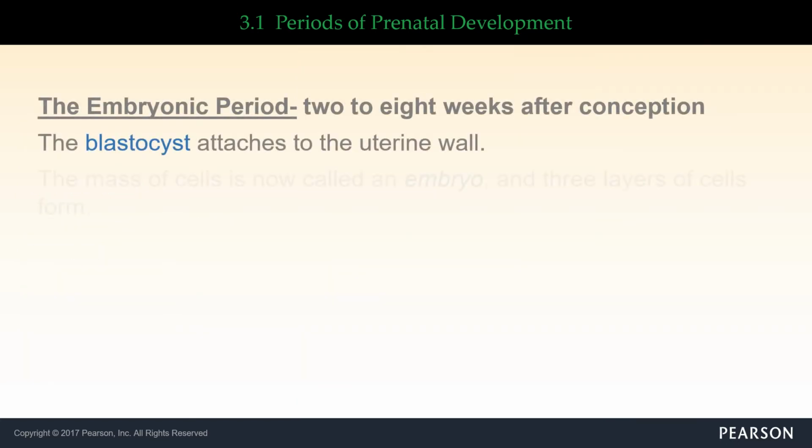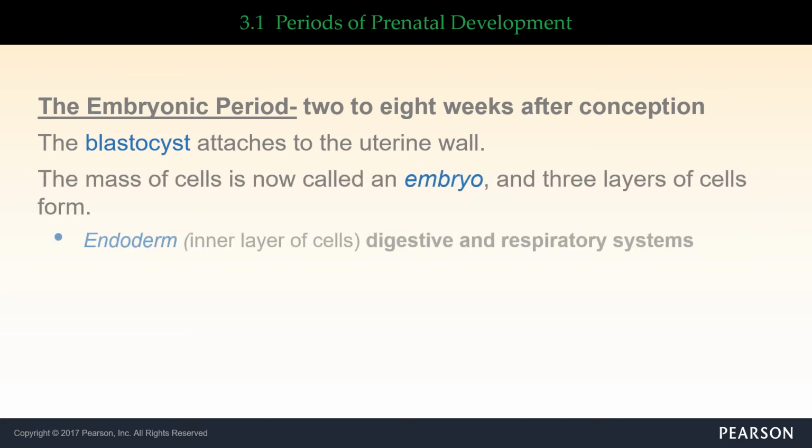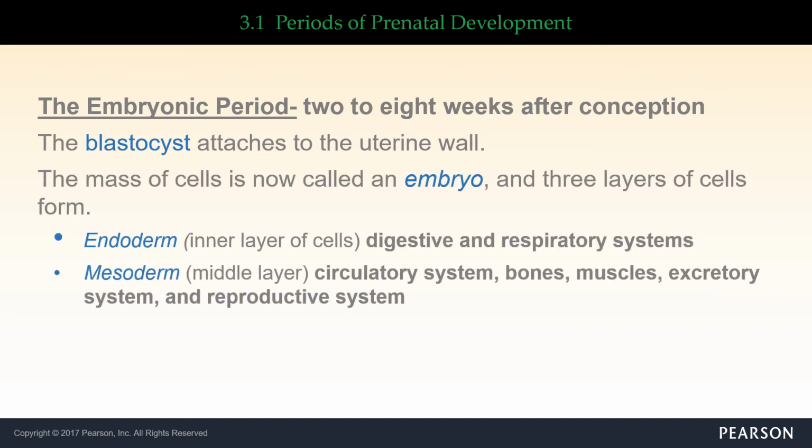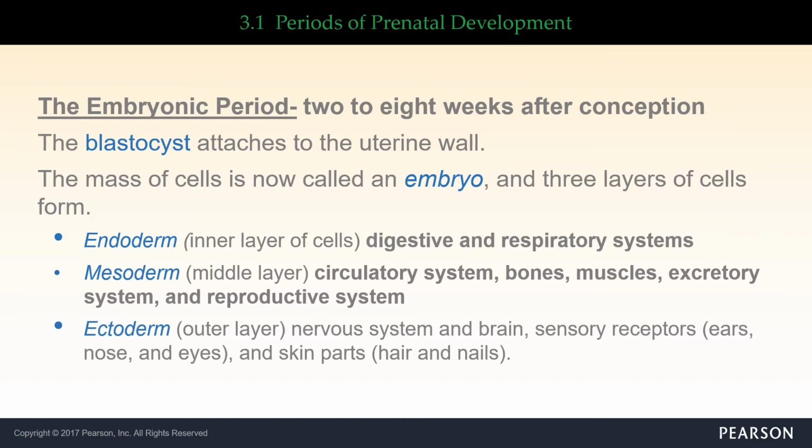So the embryonic period begins at 2 weeks. So the germinal period lasts for 2 weeks. At the end of those 2 weeks, the embryonic period begins, and it goes till 8 weeks after conception. The blastocyst attaches to the uterine wall, and then the mass of cells, once it's implanted, is called the embryo,